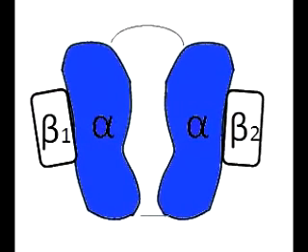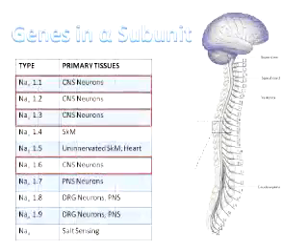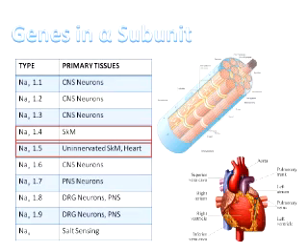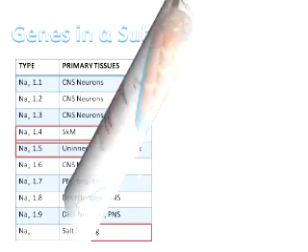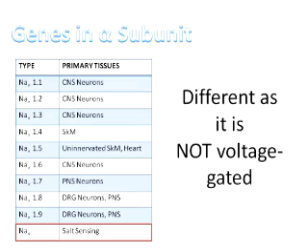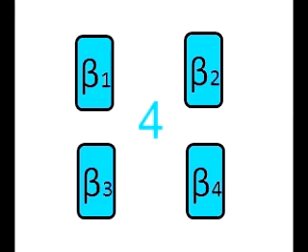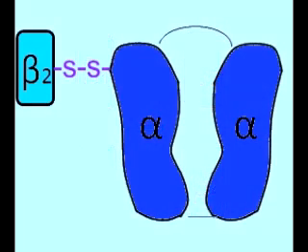These alpha subunits are encoded by 10 genes altogether, 4 of which are primarily found in the CNS, 3 in the PNS, 1 each in skeletal muscle and the heart. One specialized sodium channel protein is different because it is not voltage gated and is instead involved in salt sensing. In addition, the sodium channel also consists of 4 beta subunits, 2 of which are bound to alpha subunits through